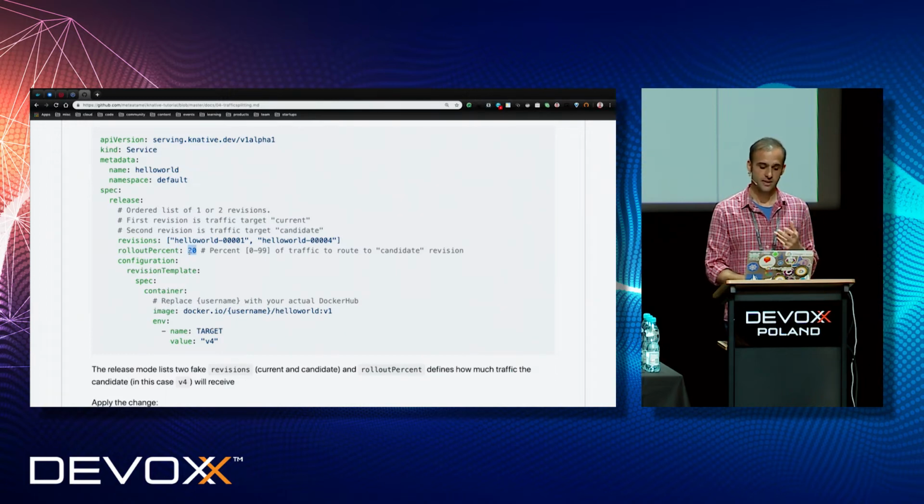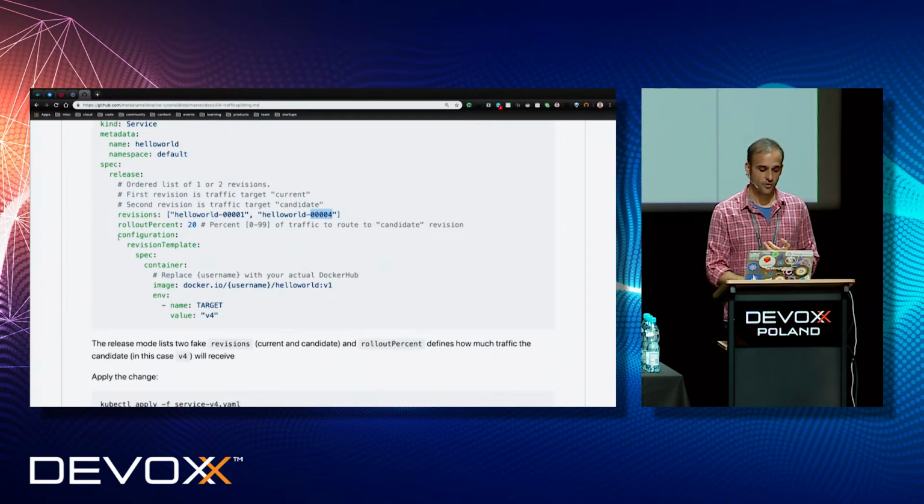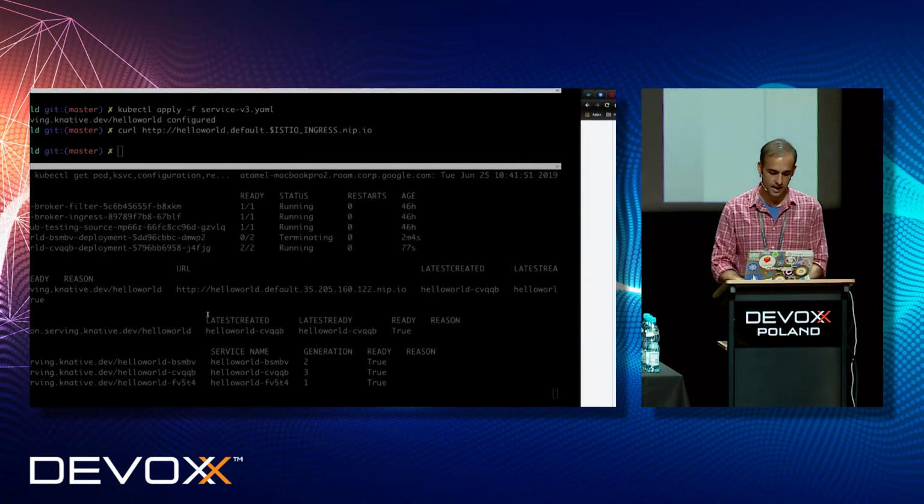So what this means is that the existing revision will get 80% of the traffic, and the new version will get 20% of the traffic. And this configuration here is for the revision that I'm creating. So it's using the same image, except the value of the environment variable is v4. So let's apply this,